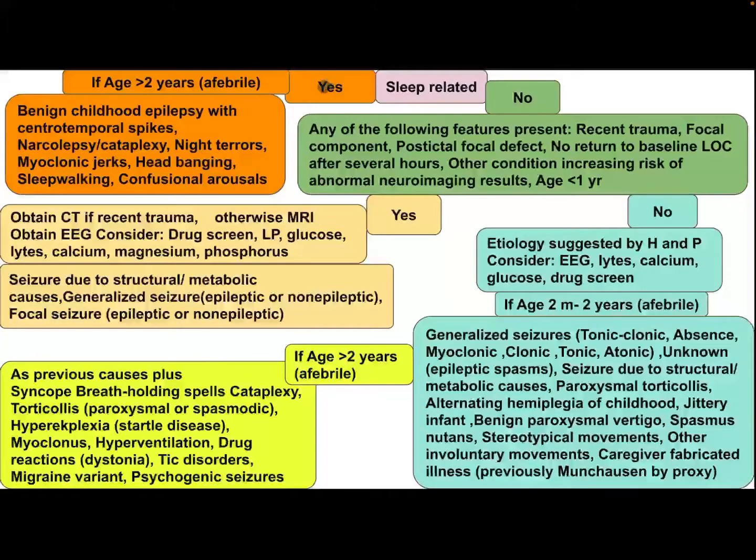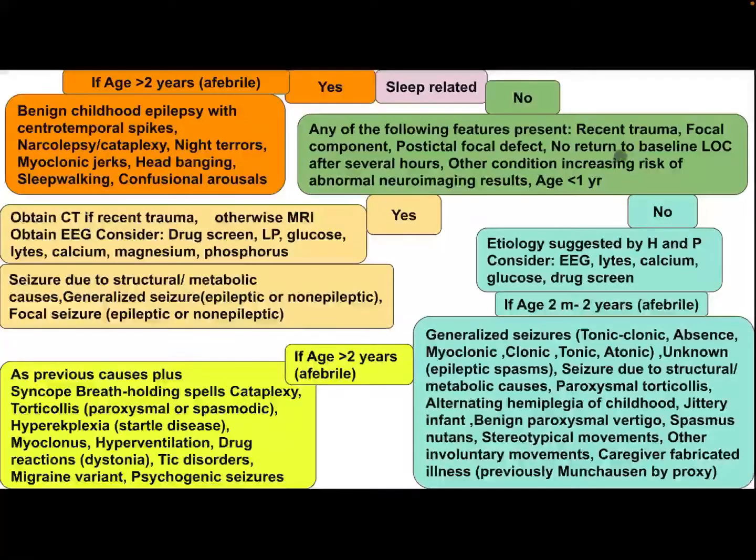As we mentioned, if it is sleep related and the child is now more than 2 years and afebrile of course, the differential diagnosis includes benign childhood epilepsy with centrotemporal spikes, narcolepsy, cataplexy, night terrors, myoclonic jerk, head banging, sleepwalking, and confusional arousal. If it is not sleep related, are any of the following features present: recent trauma, focal component, post-ictal focal